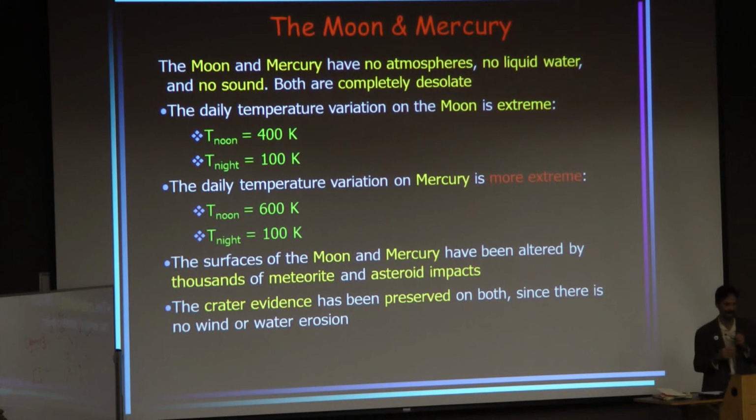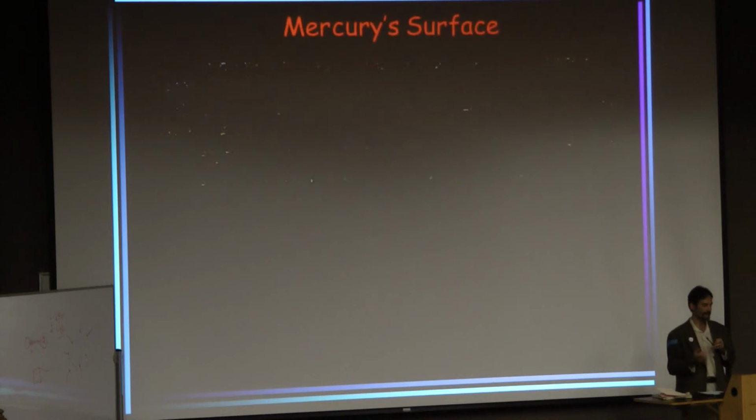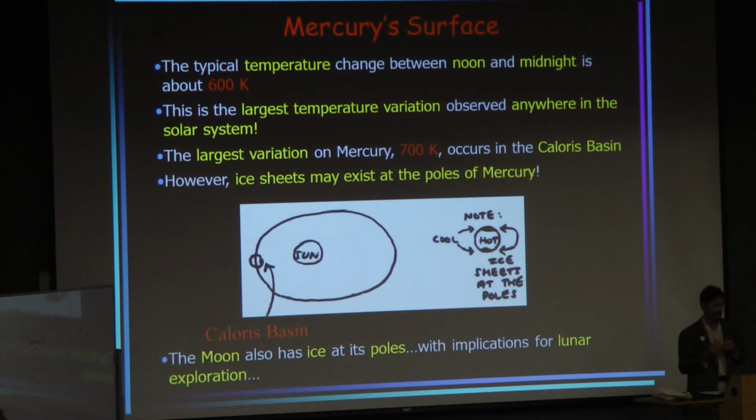And so we have a much more extreme variation of temperature on Mercury than we do on the moon. If we put the moon where Mercury is, then we'd see the same kind of temperature variation that we see for Mercury. This all has to do with the distance from the sun. And then the final point is that, again, if we talk about the Caloris Basin, then what we find is an even larger temperature variation, up to about 700 kelvins at the Caloris Basin,